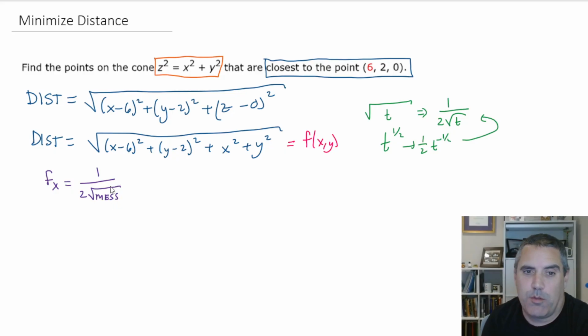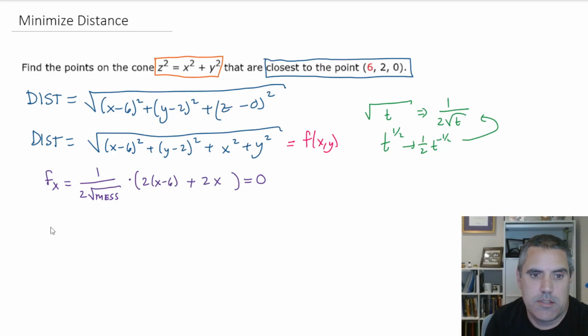And I tell students it's perfectly fine with me if you write that. By mess, I mean the stuff under the radical. The reason that doesn't matter is because I'm about to set this equal to 0, so it doesn't matter what's here. I really just need to do the derivative of the inside, which is 2x minus 6 plus 2x. And the derivative with respect to y is going to be 1 over 2 times the square root of the mess, and then it's going to be 2y